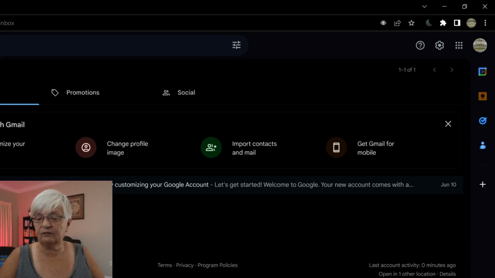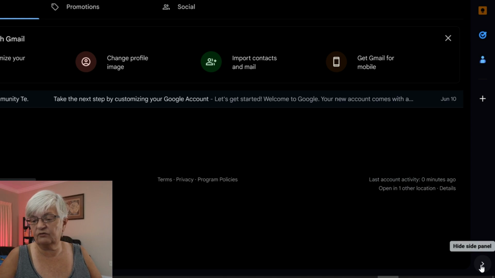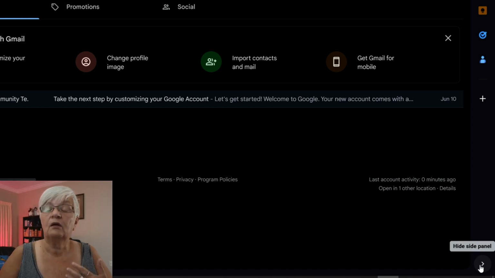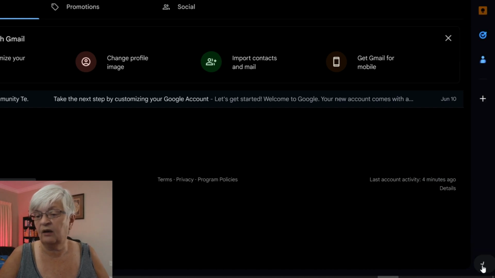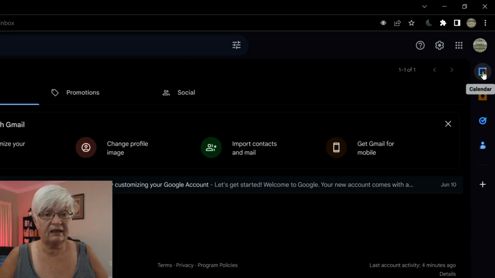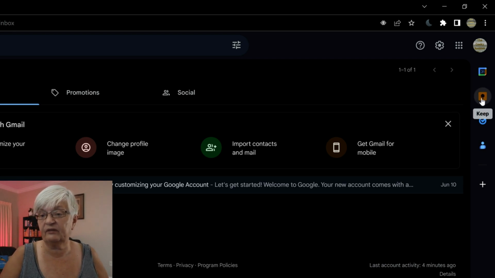To the right, we have a little sidebar. And if we go down to the bottom, and this shows up on almost all Google accounts, I can hide that sidebar. But I actually like to have it on. And here you see my calendar. So if I'm working in my Gmail, I can quickly reach my calendar.